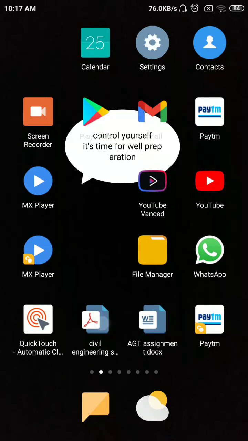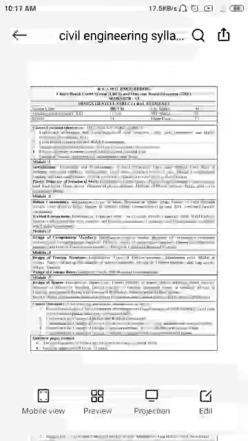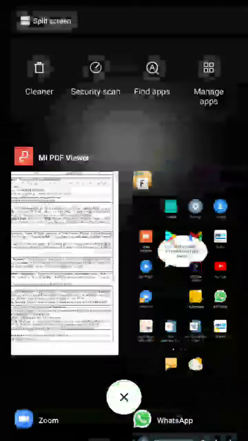What is your gauge distance? Gauge distance is nothing but the minimum distance that has to be left from your corner after which the connections should start. If you observe in this figure, whatever this lacing system is there, it will not start from the edge of the column. It will never start from the edge of the column. Somewhere at certain distance in your column, it is going to start. So how much distance we have to leave from the edge is known as your gauge distance. This gauge distance we get from our steel table. For the channel section you have chosen according to your previous step, the gauge distance is 60. So that is the distance which you have to leave from your corner.